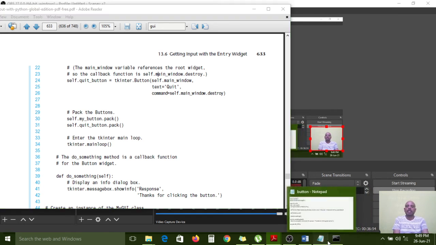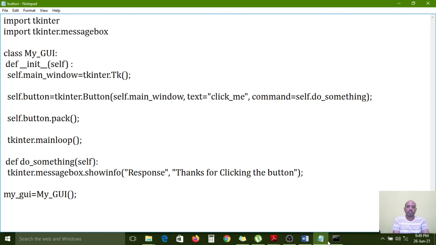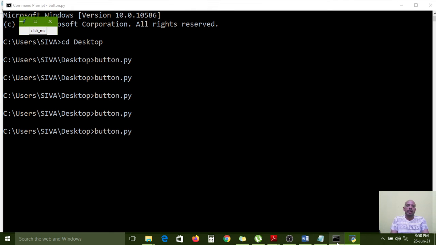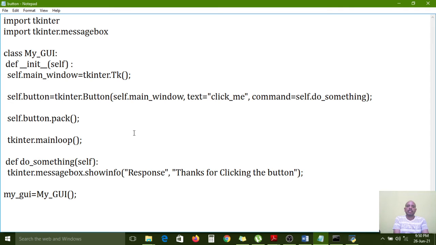Now I want to create one button. In the previous example, the button class contains the click me button. After that, I want to create one more button here, the cancel button.